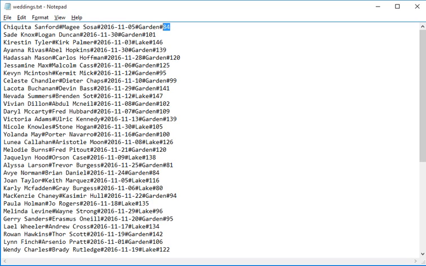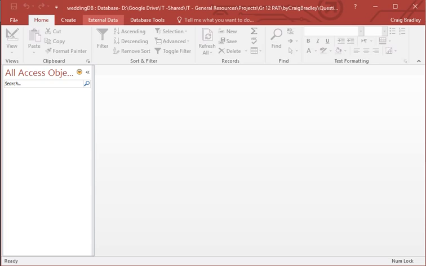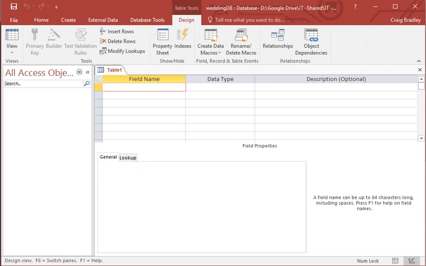So technically you're wanting separate fields for that. You would want a person table, you would want a marriage table, and you potentially would also want an area table, because you have a garden, you have a lake, and so forth. So you might also want an area as a different table. So you would design your database by creating those different tables. Firstly, you would want